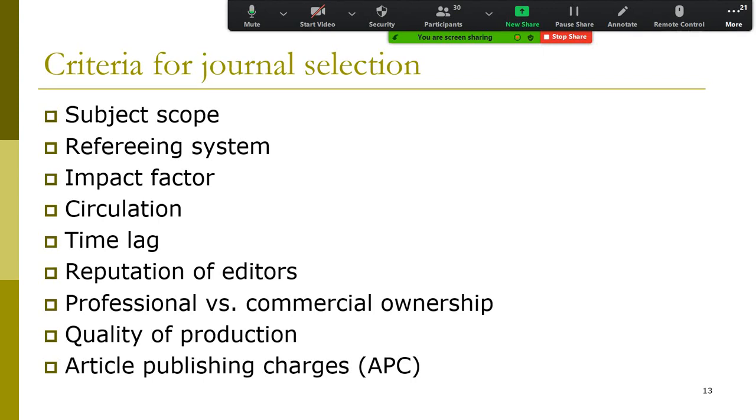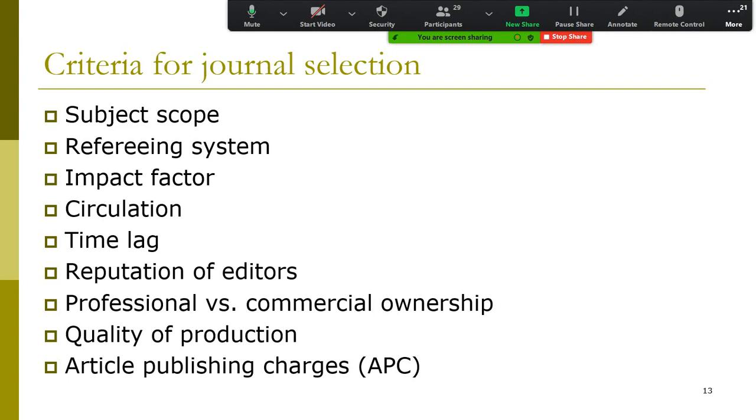The blind peer review means the author does not know who is reviewing his or her paper, and the reviewer does not know he or she is reviewing a paper blindly. So all the journals indexed in JCR are blind refereeing system. Look at the impact factor also. So if a journal has good impact factor, it means that it is a good quality journal in the world. So you can select on the basis of the impact factor, which is higher or lower or middle level.